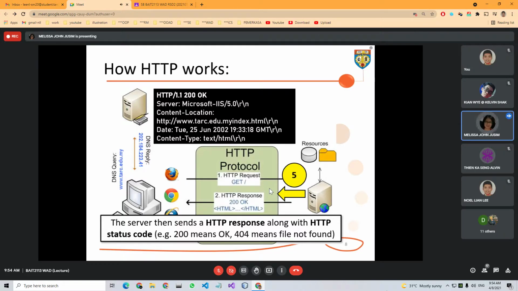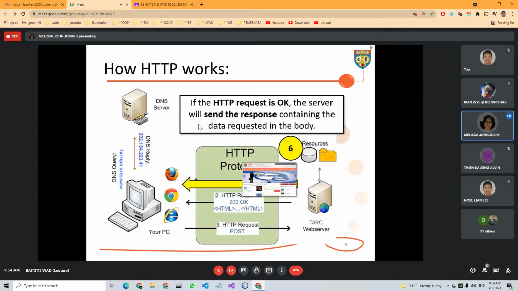I'm not sure whether for your computer network course you are able to view this, but 200 means it's okay, so the response will be sent back to the client. 404 means not found. If the request is okay, the server will send back the data requested, which is index.html, to the client.